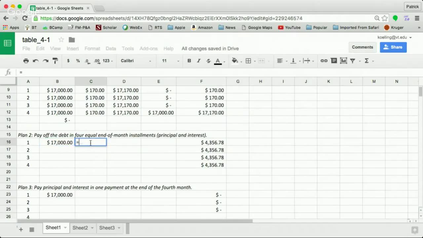What's our interest? It's equal to 0.01 times what we owe, $170. What do we owe? We owe the original amount plus the interest that accrues, $17,170. Okay. This $4,356.78, you'll notice, is a